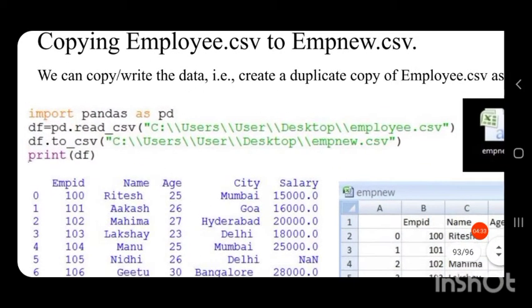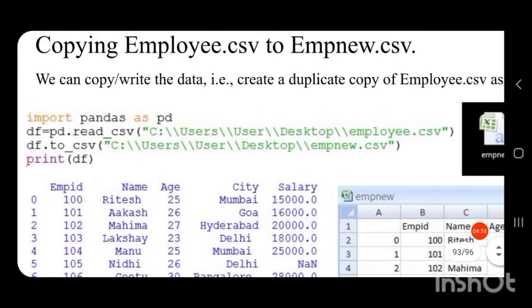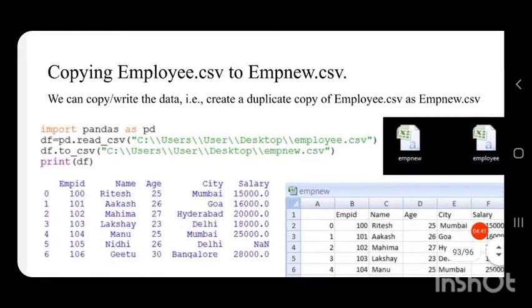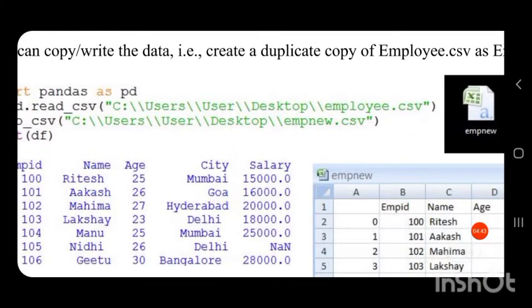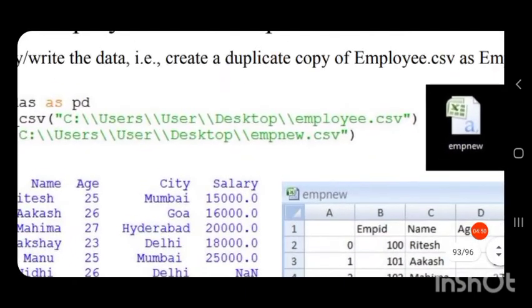For that we are writing the code as df.to_csv in brackets, specifying the same location on my desktop, and writing the file name as empnew.csv.